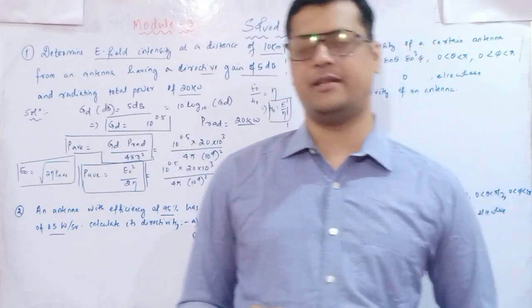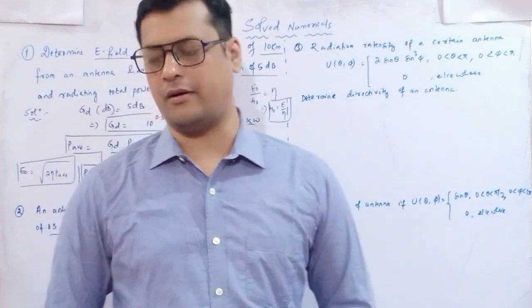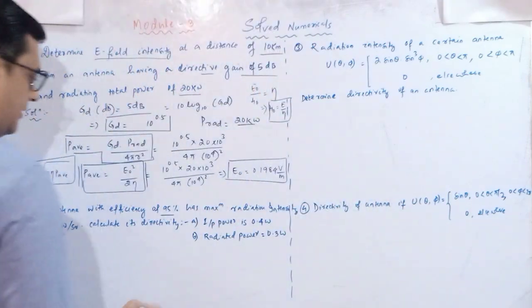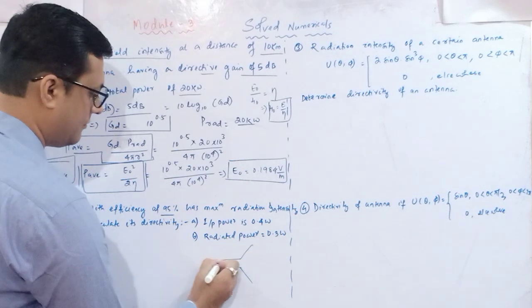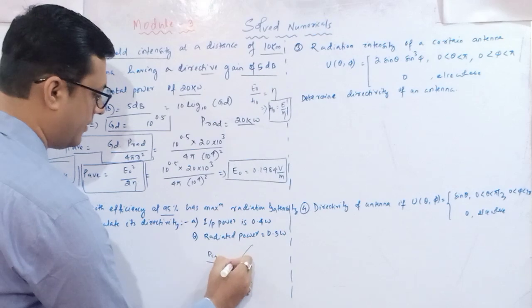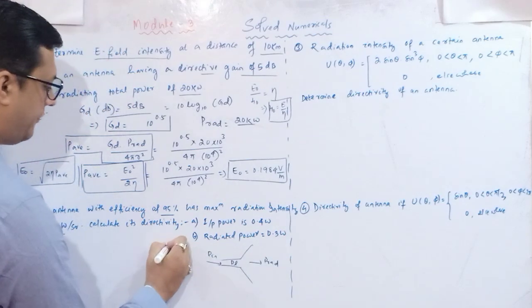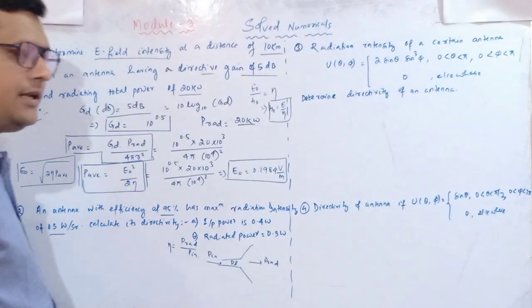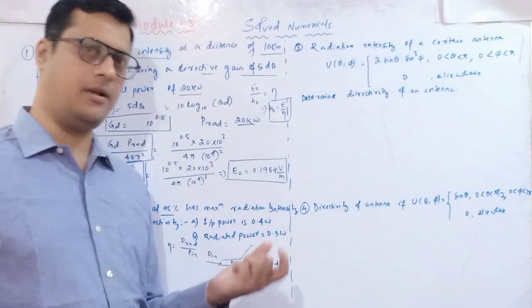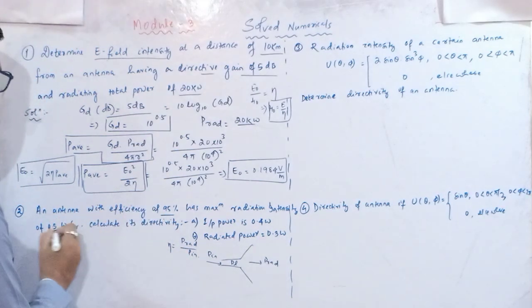So efficiency is basically related with respect to the output power with respect to the input power. Now last class we have discussed that this is our system. So here we are providing the input power, here it is loss, and here it is radiated power. So your efficiency is equal to P rad divided by P in, and P in is what? P in is losses plus radiated power. So here efficiency is given.